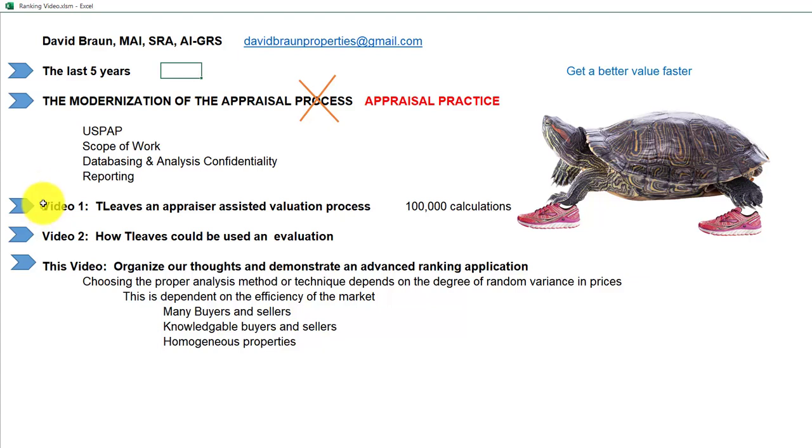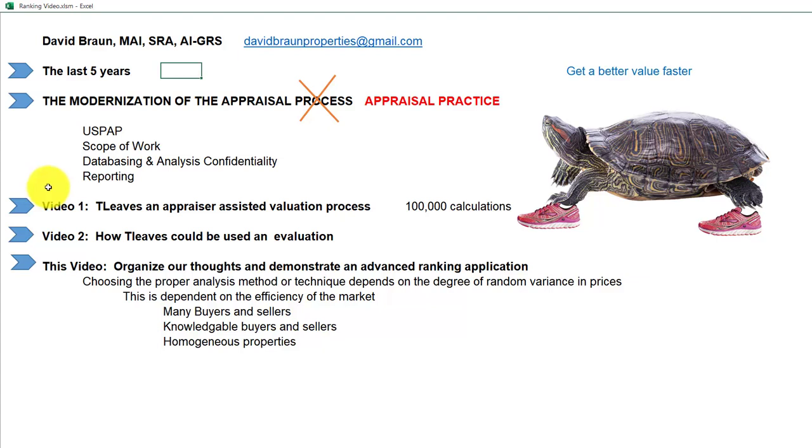Besides that, I spent a good bit of time trying to improve the theory of analysis by developing new analysis techniques to mitigate the random variance in sales prices that result in price prediction errors. So that's kind of big, and that's what I'm going to start moving to as I wind up my 2 cents.